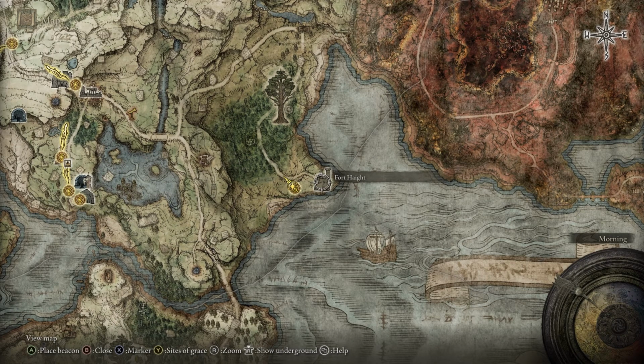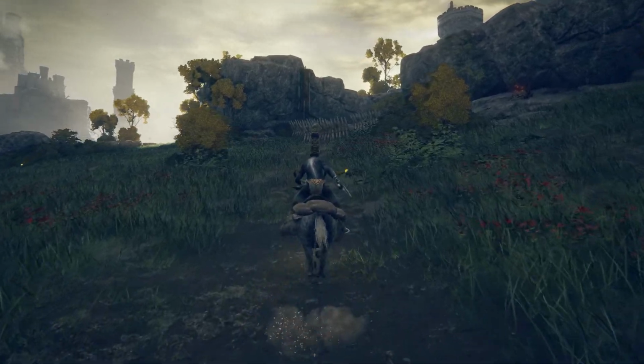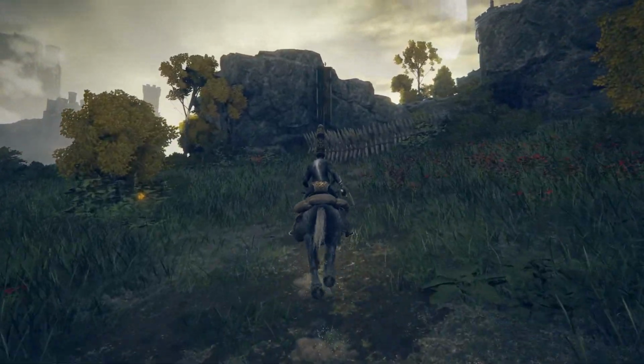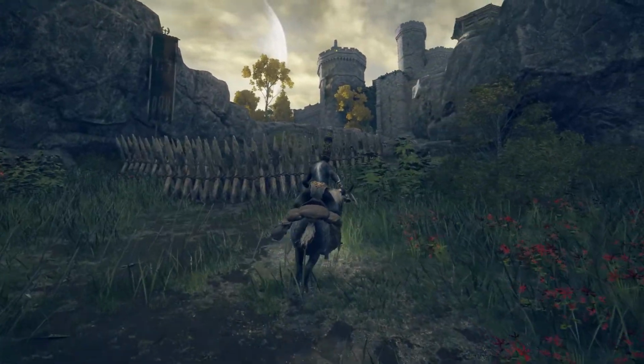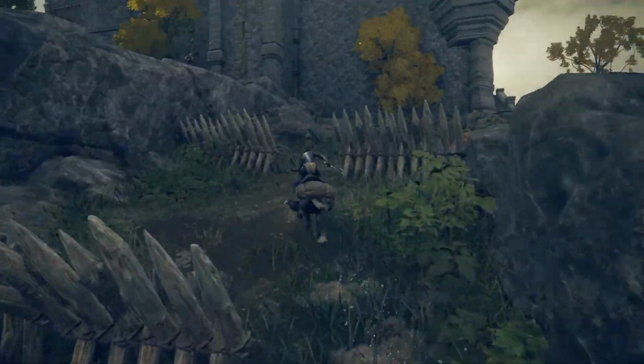Hello! Today we are going to have a look at Fort Haight from a level design and world design perspective. So let's get right into it. I am currently on the main road towards Fort Haight. This is really the only way into Fort Haight itself, leading up this very small little ramp up here, and